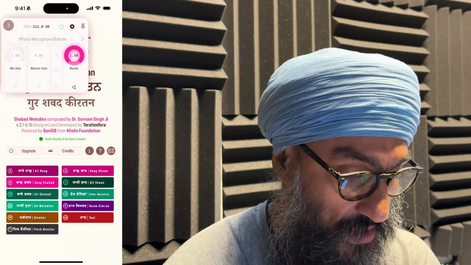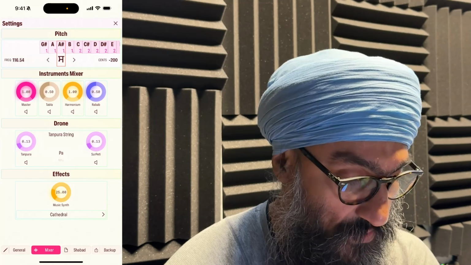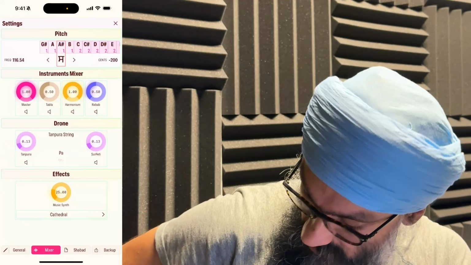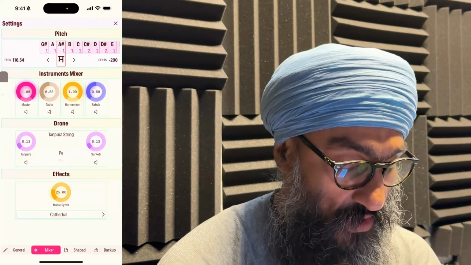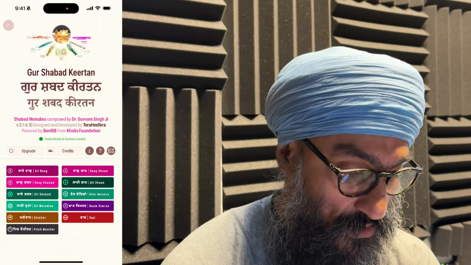So the first time the app is launched, it uses the default scale. Let me just change that for now, and I'll change it to A sharp, and I'll switch off the other Tanpura. Okay. So this is what you'll see for the very first time. Now when you launch,